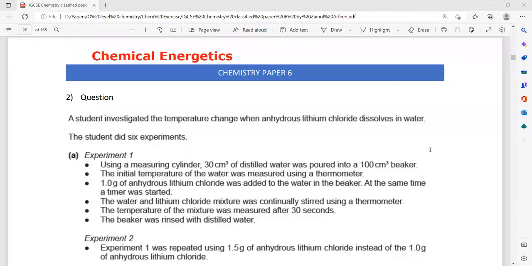So question 2 related to chemical energetics, paper 6. A student investigated the temperature change when anhydrous lithium chloride dissolved in water. In experiment 1,